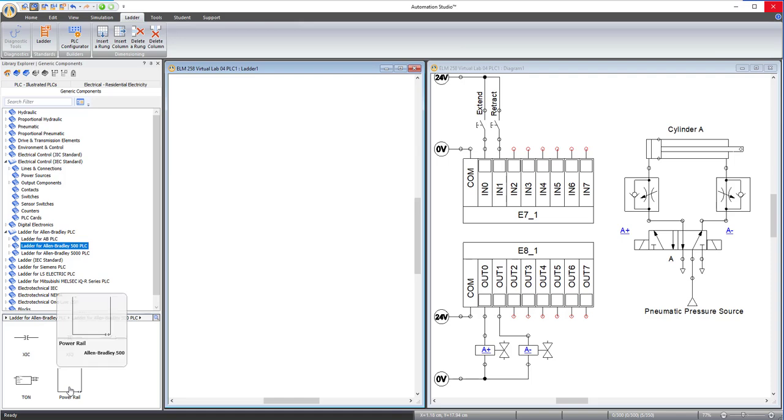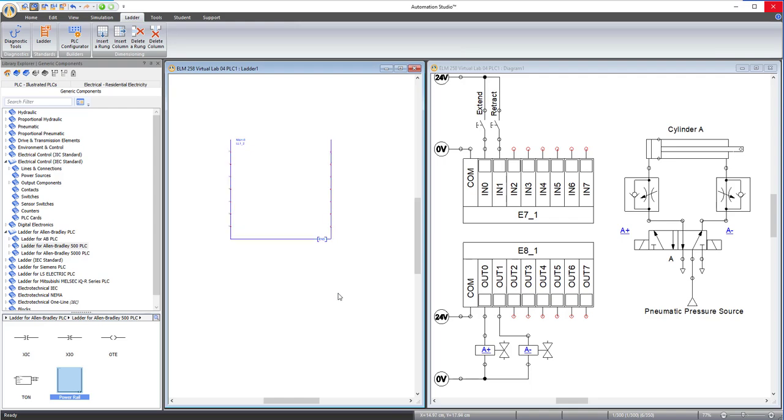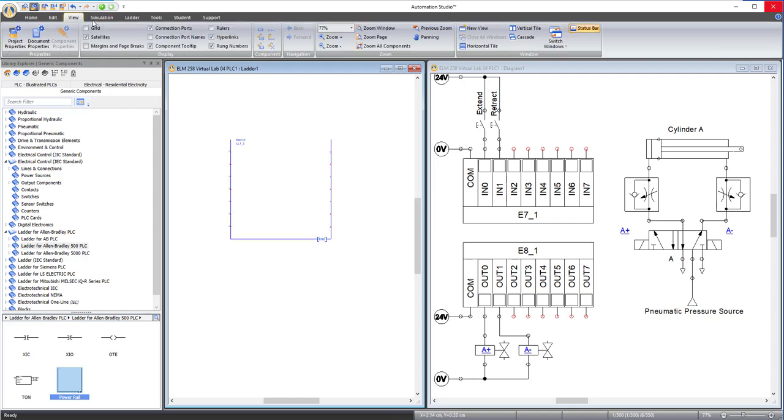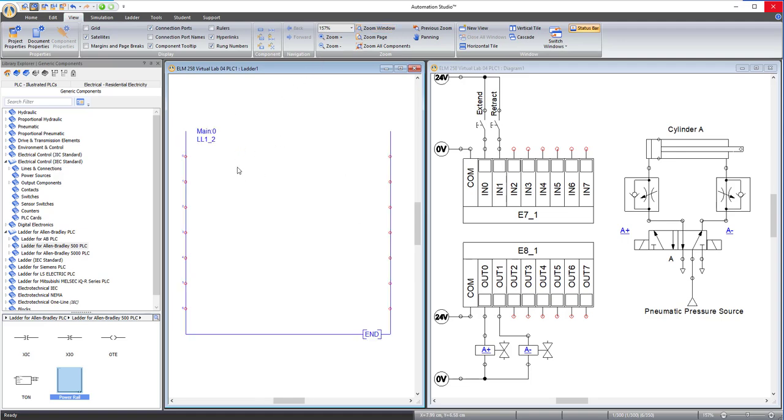So we've got this thing called the power rail, which is the basic rung structure, and I'm just going to do a view zoom window so I'm only seeing what I need to see, and it's bigger. Okay, so this is going to be a pretty simple program. The extend button is going to actuate the extend solenoid A plus, and the retract is going to actuate the A minus. So we need an input,